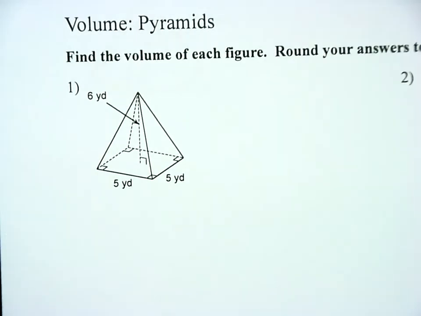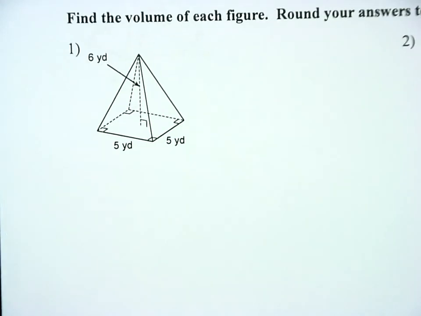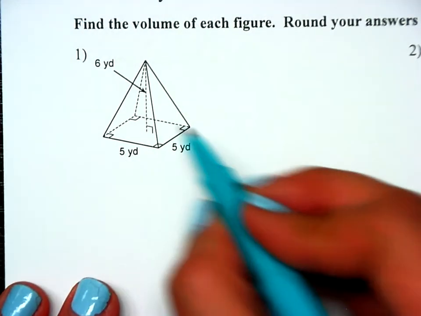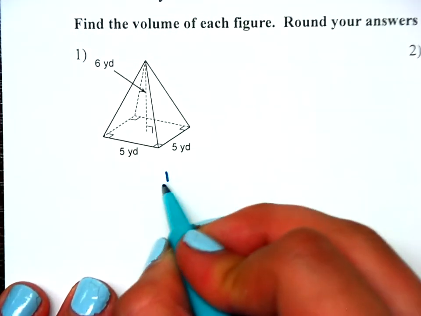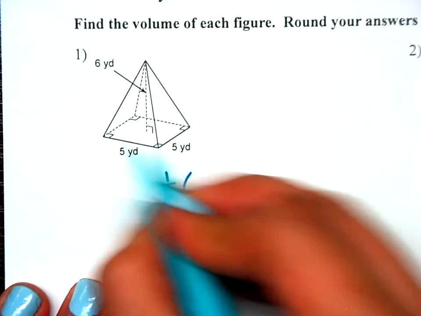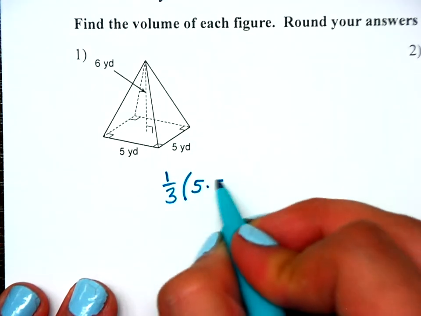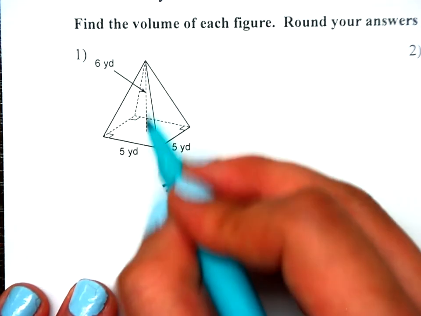Okay, so now that we have our formula down, let's get started on some practice. Okay, so first we're going to start with a pyramid that has a square as the base. This is a square pyramid. If we want the volume, we're going to find 1/3 the area of the base. So the base is a 5 by 5, that's 5 times 5, and then the height of the whole object,